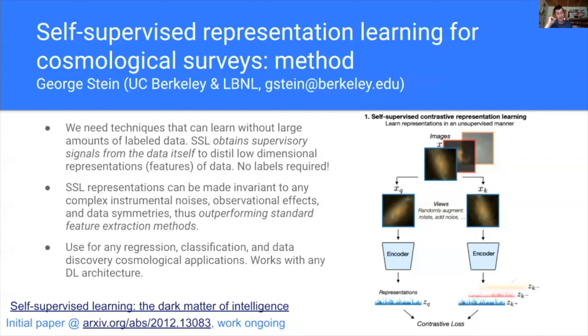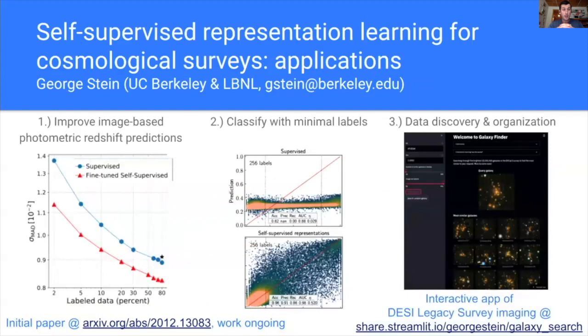If you go to the next slide, what we can do with that is a lot of things, because this isn't a specific architecture. This is just a technique to pre-train your network. You use your entire data set, you don't need any labels, and you just train your network to group together similar images and push away images that are not similar to make this representational feature vector.